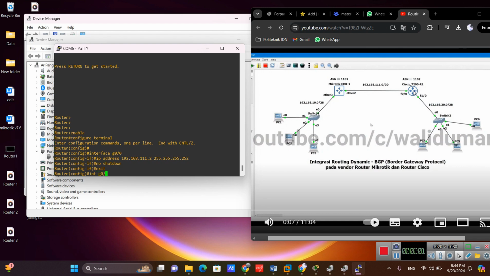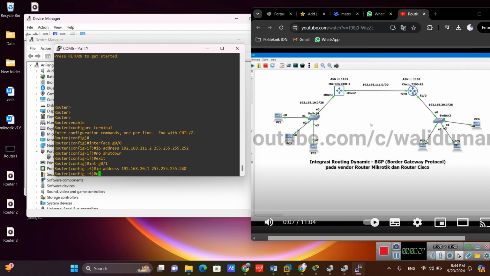Interface gigabit 0/1. This is for connect switch to router, and I wanted to give address. This is 20.1 because it must be different from router to router.